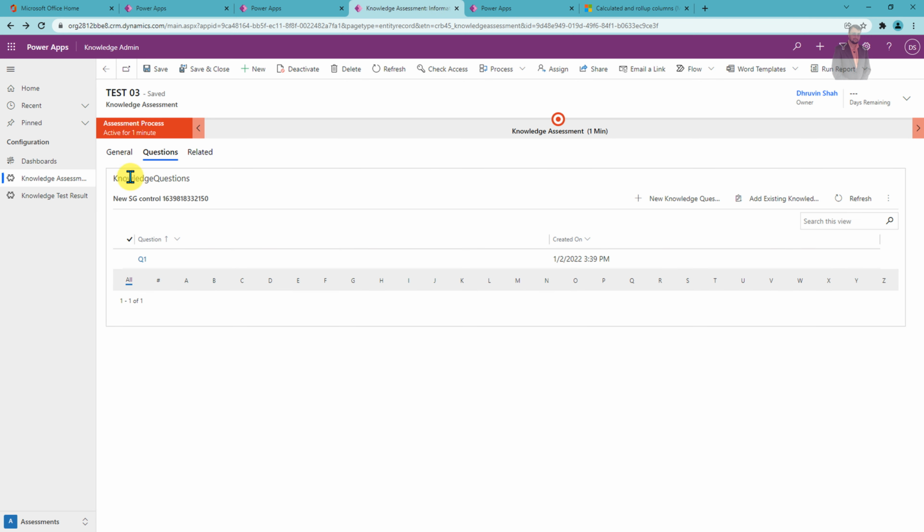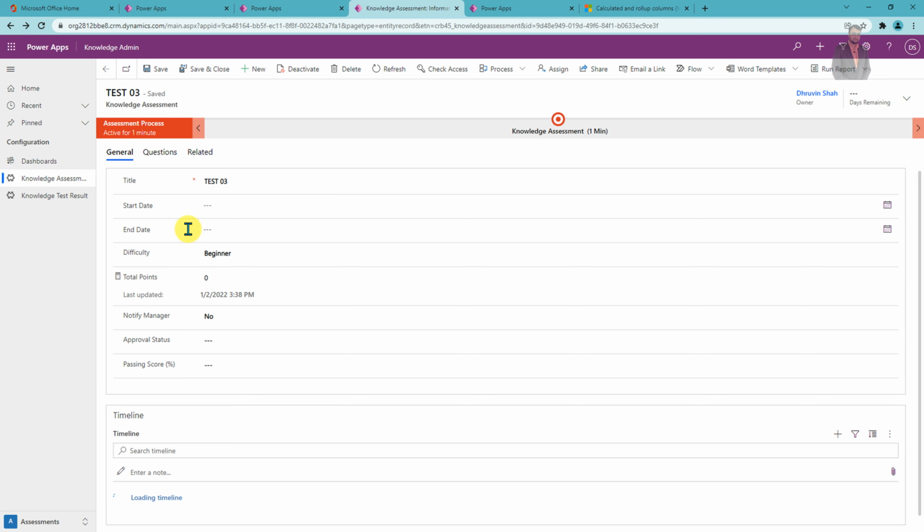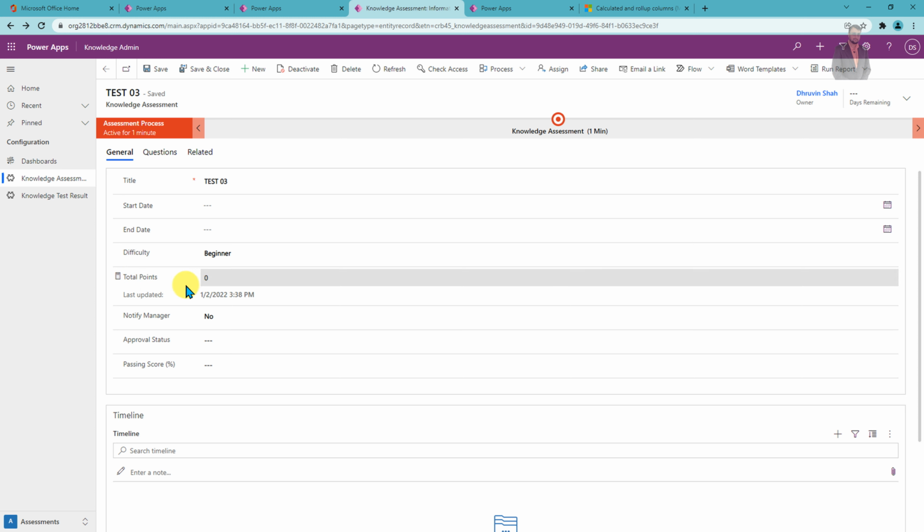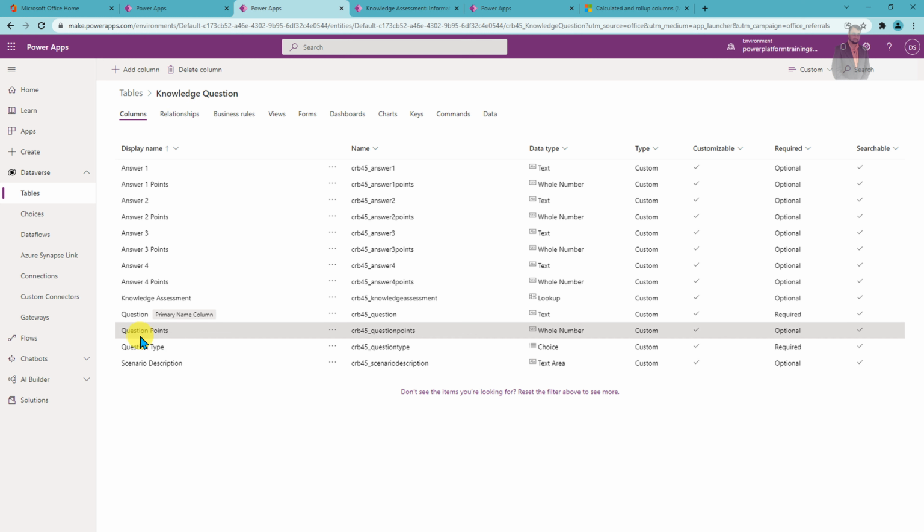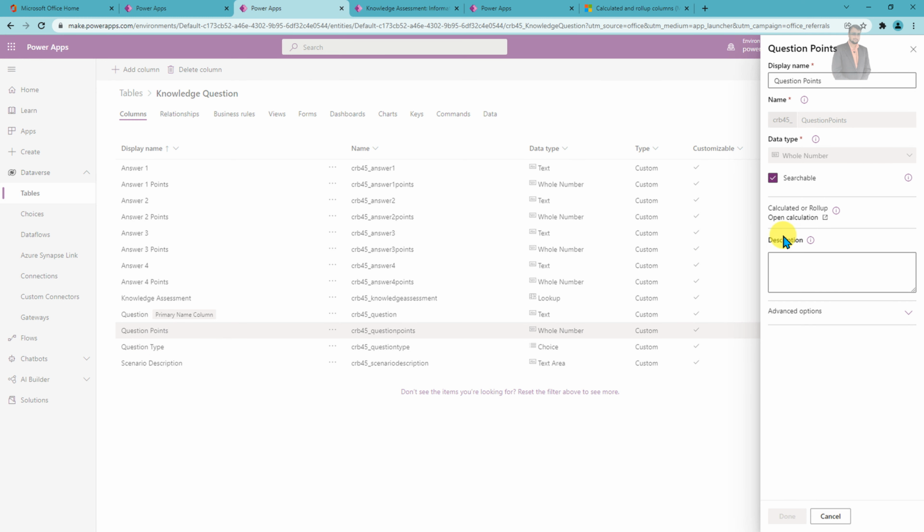Now we have added one question to my knowledge assessment, right? Now I want to check the total number of points calculated so far. If you go to the knowledge question table, I have a column called question point, and this question point is a calculated column. Let me show you the formula.